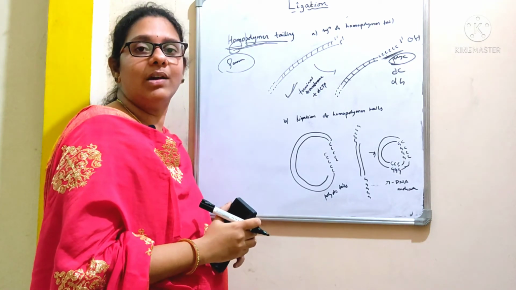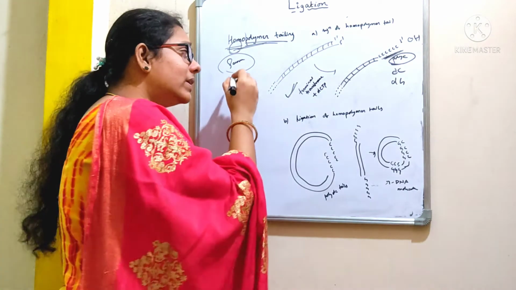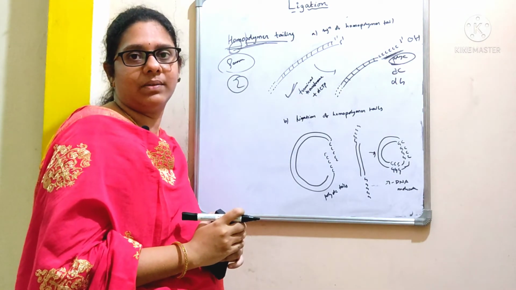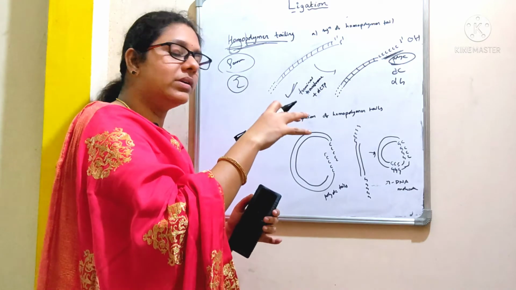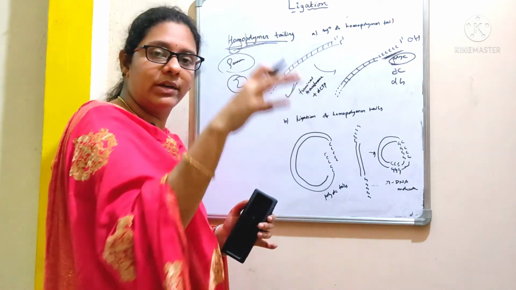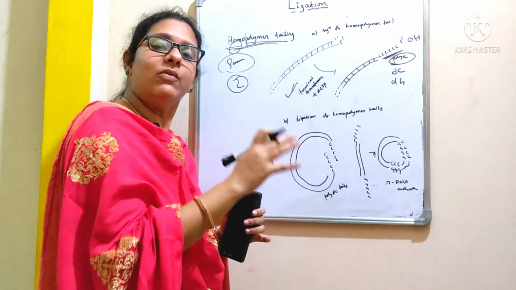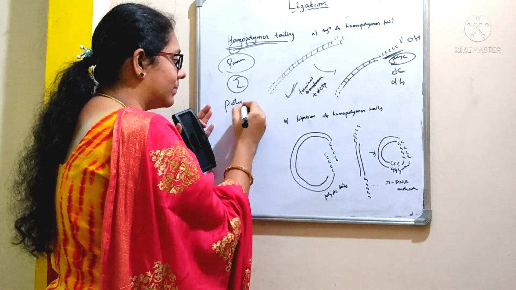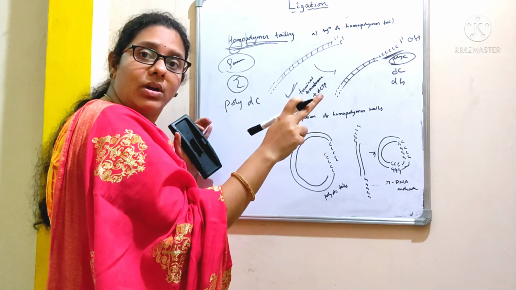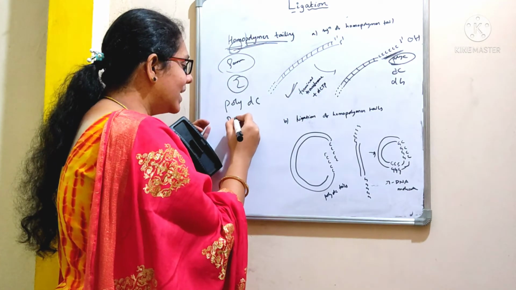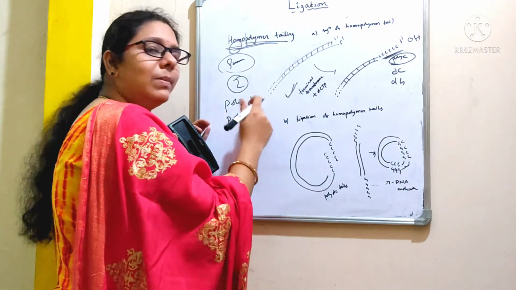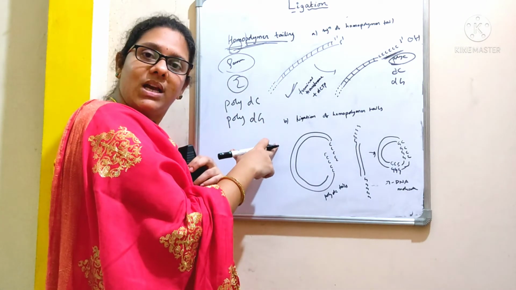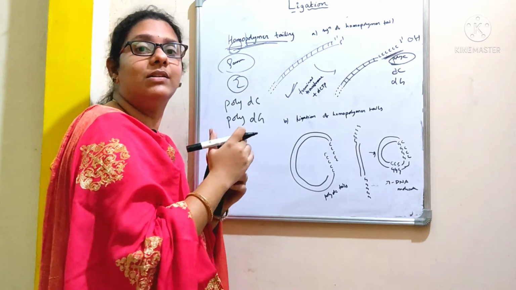If we want to carry out a ligation between two tailed molecules, both of them should be complementary with each other. Suppose I want to introduce a foreign DNA molecule into a suitable vector, frequently those vectors are tailed with poly dC, whereas the DNA molecules are tailed with poly dG. Both are complementary with each other, right? So base pairing takes place between these two DNA molecules when they are mixed together.